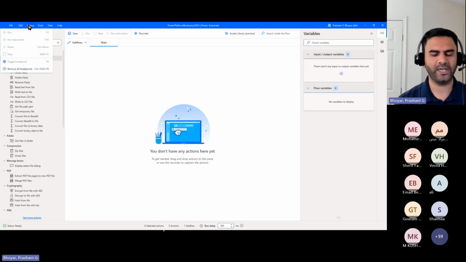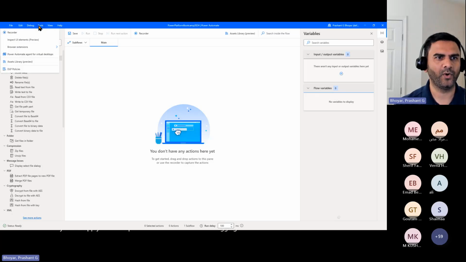But just if you have used any custom code before, like C# or JavaScript, most of the IDEs have a debug option. So here you can apply the breakpoints and use that for debugging. You also have